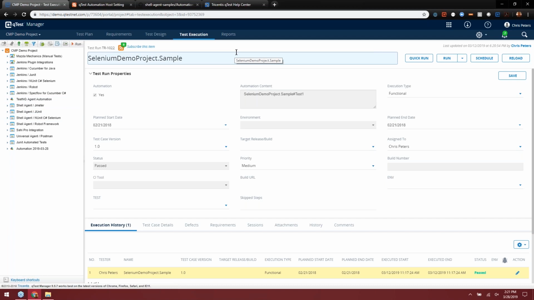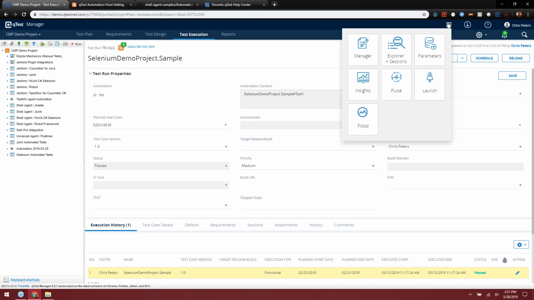All right, so we're going to move on to launch itself. So launch is basically the overarching dashboard for all of your automation host services and all of your automation integrations that you've performed with your automation host and your agents. And if we go to launch,